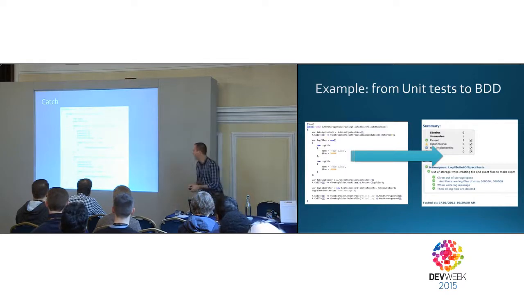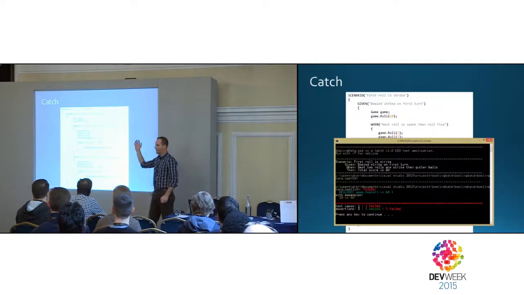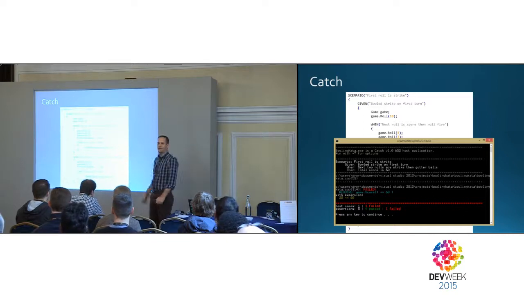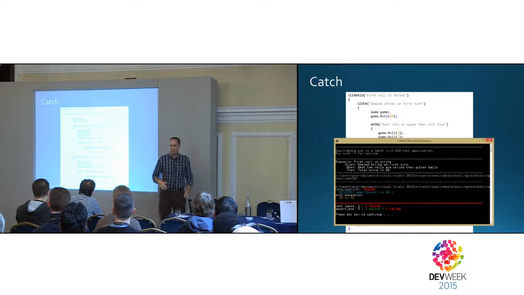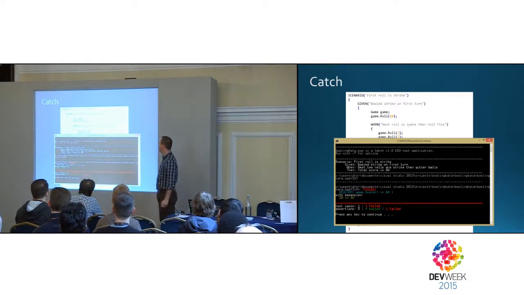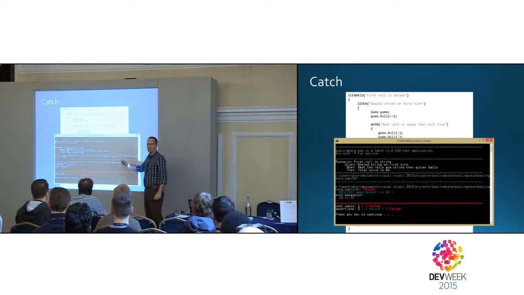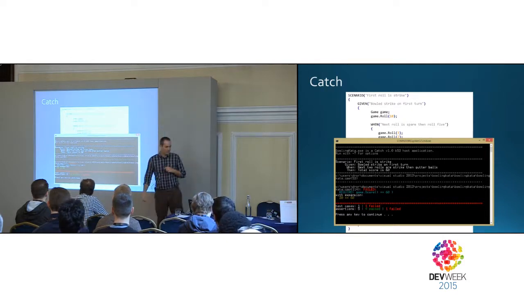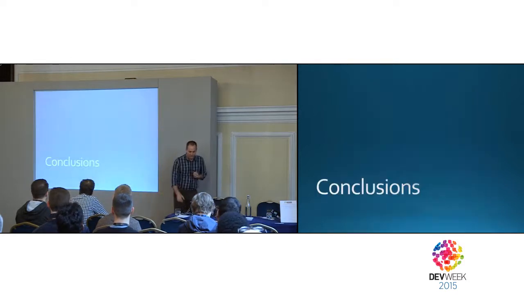Some don't want to change. This is the Catch C++ framework, created 2 years ago. You can either write BDD scenarios with given, when, then in C++, or write unit tests. It does both, which is nice. You don't have to choose. You can do half and half. And in the result, again, you get the readable output. Well, it is C++, so it can't be too user-friendly, I guess. And this is what you have.